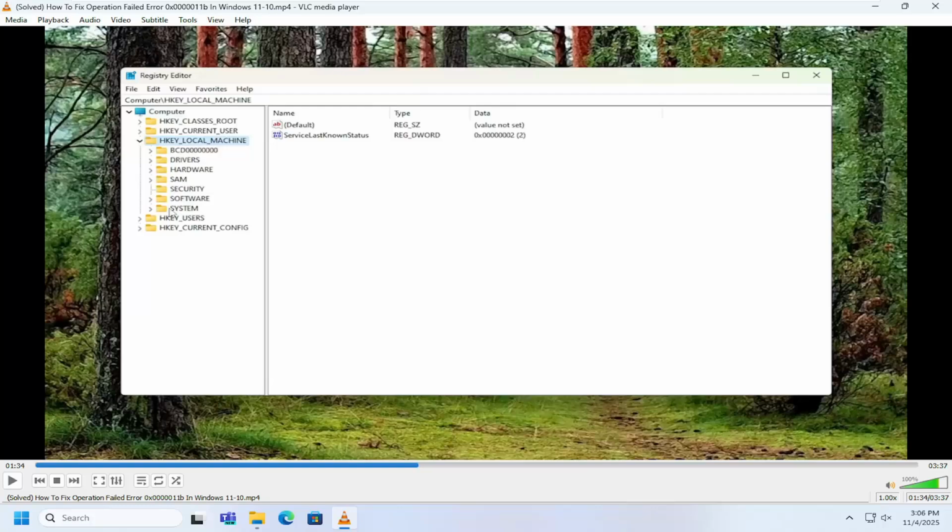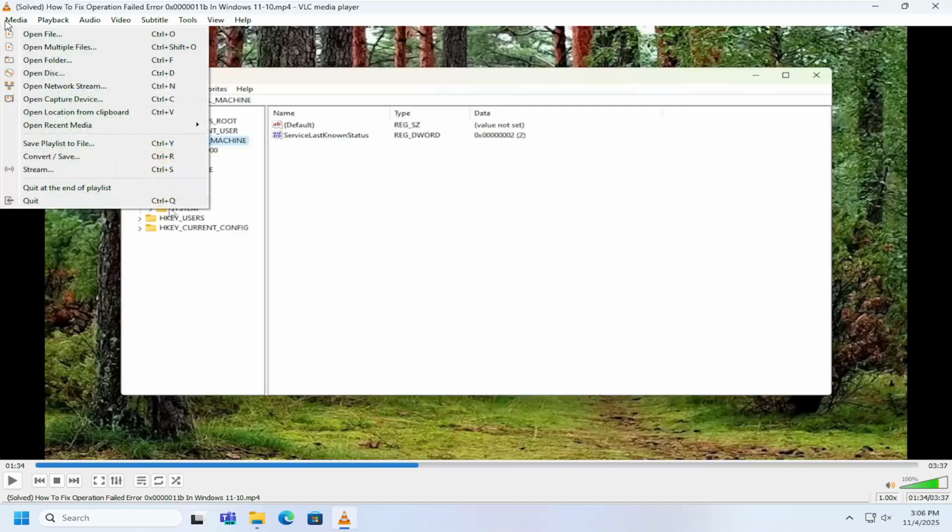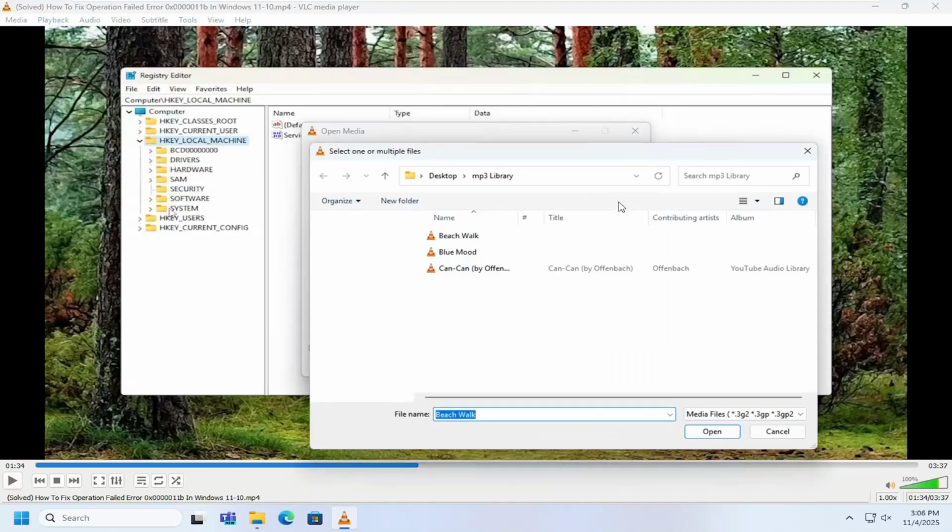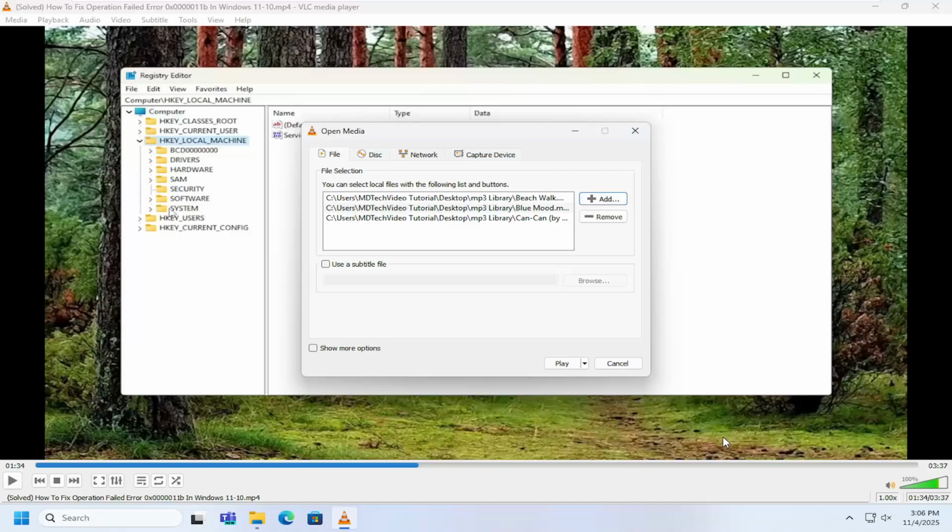In today's tutorial, I'm going to show you guys how to batch convert media files in VLC Media Player. So all you have to do is open up the media menu at the top left corner and then select where it says open multiple files, select add, and then just add or upload all the files you want to